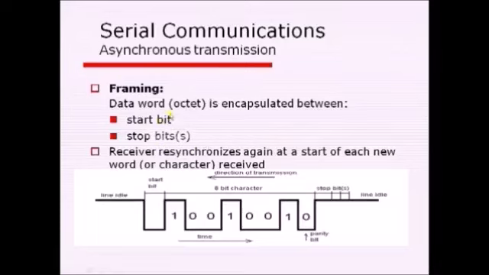Here the start bit indicates to the receiver that it is the start of a character, and the stop bit indicates to the receiver that it is the end of a character. So with the help of these bits, the receiver and transmitter get synchronized. As you can see here, assuming the transmitter is on the right side and the receiver on the left side, it first transmits the start bit, then the 8-bit character, and then an optional parity bit, which we can use if required, and then a stop bit.